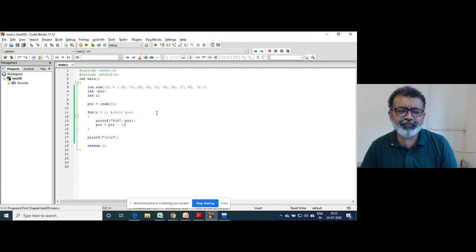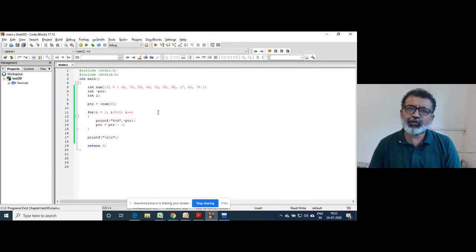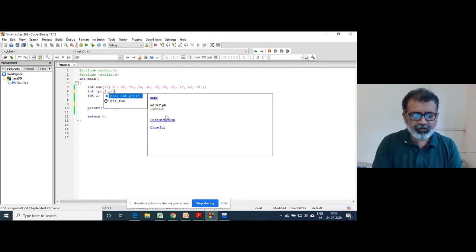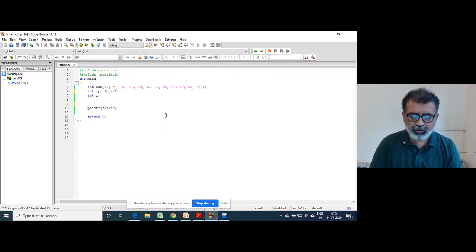If we want to compare elements at two locations, there should be two pointers, pointer one and pointer two.